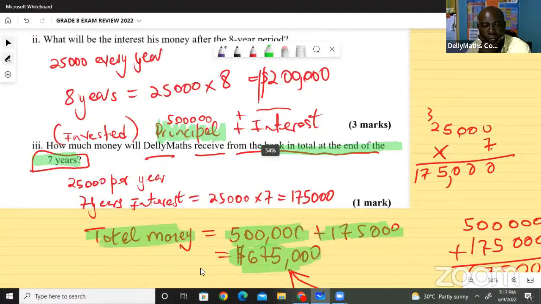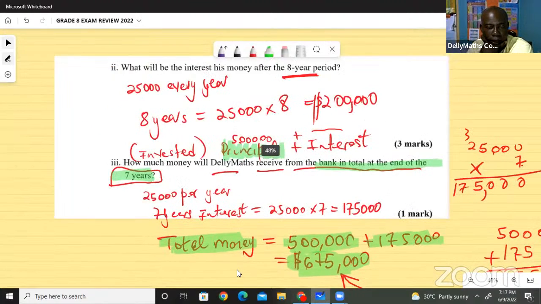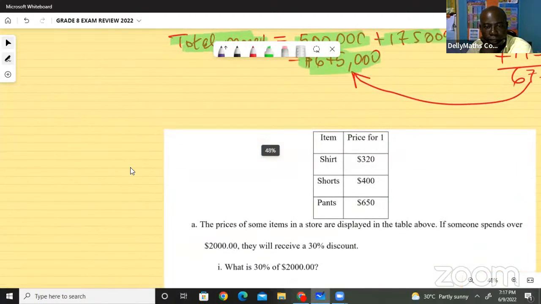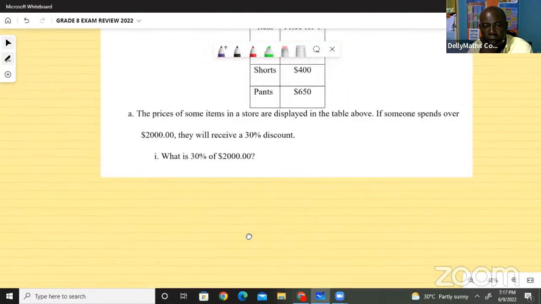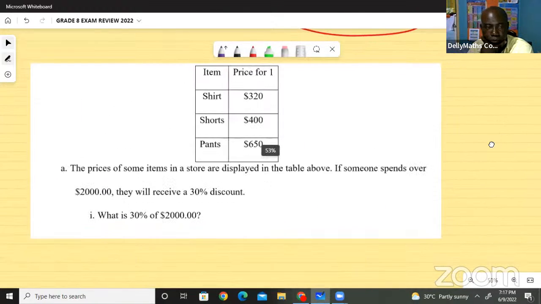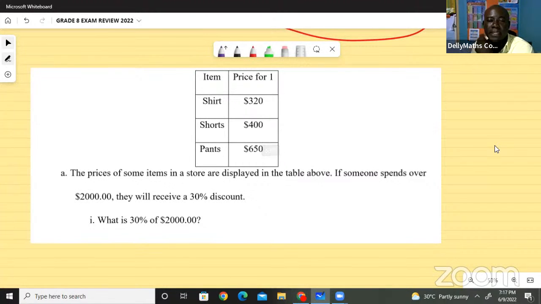All right, let's see what else would be coming. There's an idea here, which means we'll soon finish. This says we have some items. We have the price for 1, like when you go into a store and see the price for 1. We have a shirt, $320 for that. We have shorts, $400 for that. Pants, $650 for that. Just like when you go